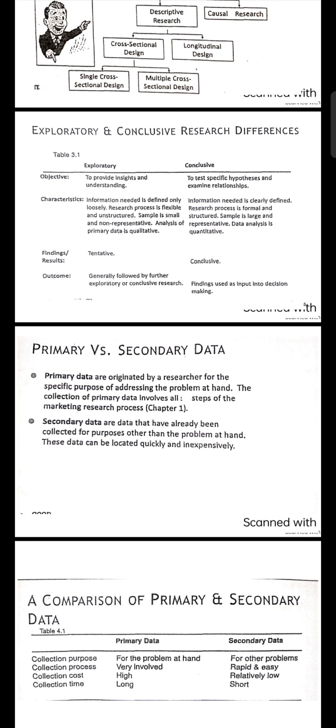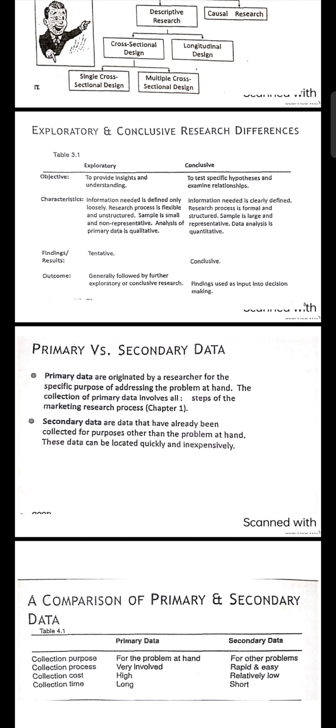So let us start with the exploratory. The objective is to provide insight and understanding. What are the characteristics? The information needed is defined only loosely. The research process is flexible and unstructured. The sample is small and non-representative. Analysis of primary data is qualitative. So what is qualitative? Qualitative means that